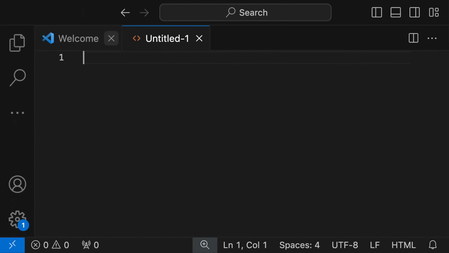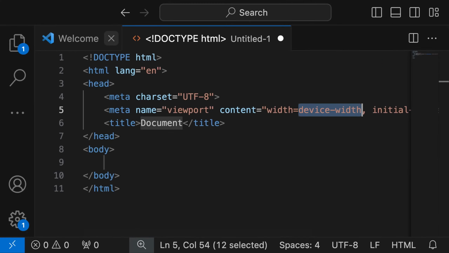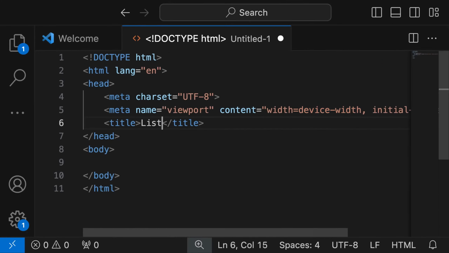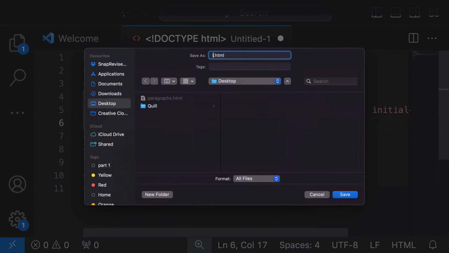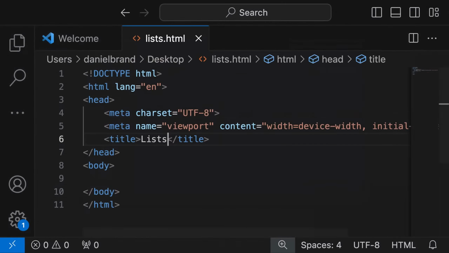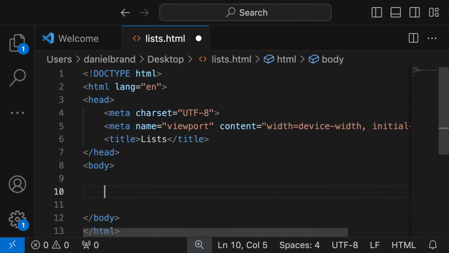As always, I'm going to get our boilerplate HTML, and let's call the title of this document lists, and we'll save this on our desktop, calling it lists.html. We'll be making a few lists in this document, so I'm first going to add an H2 heading and call